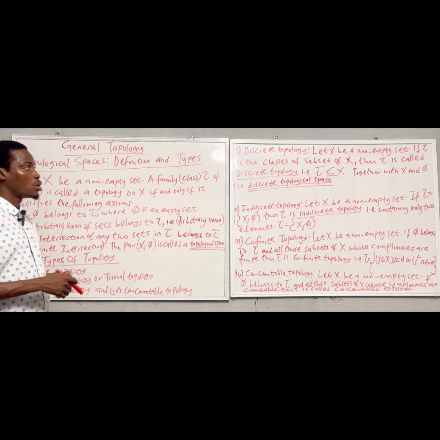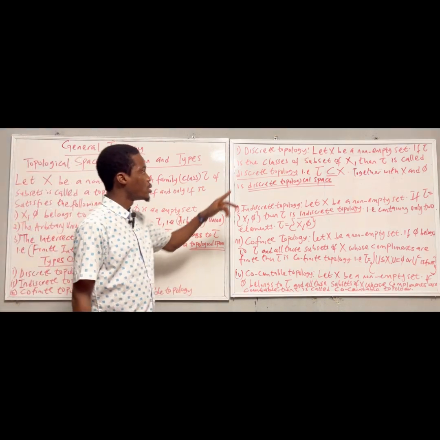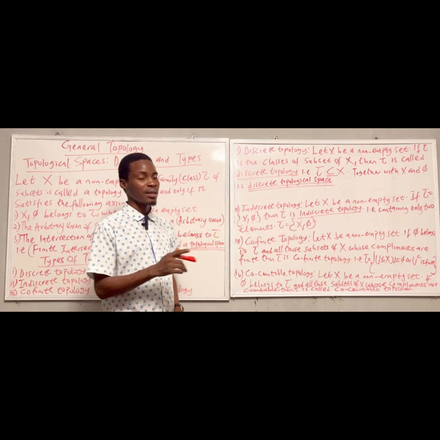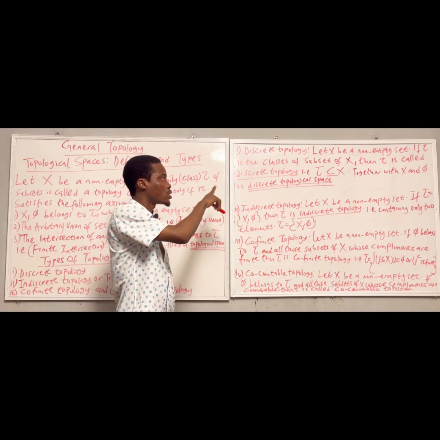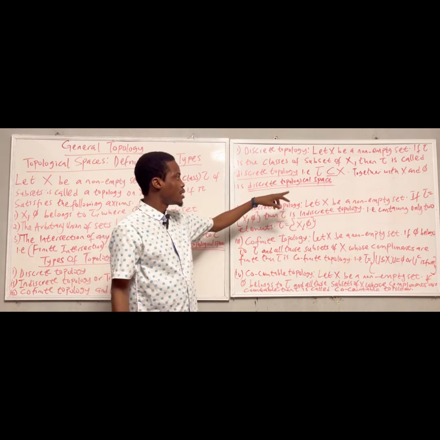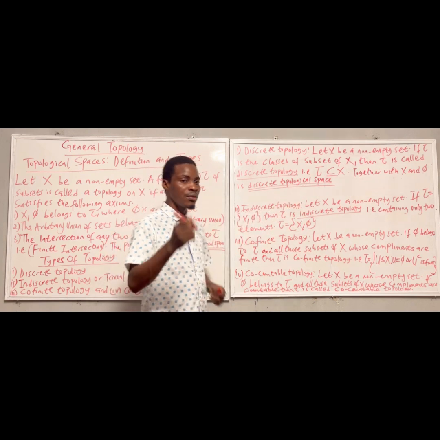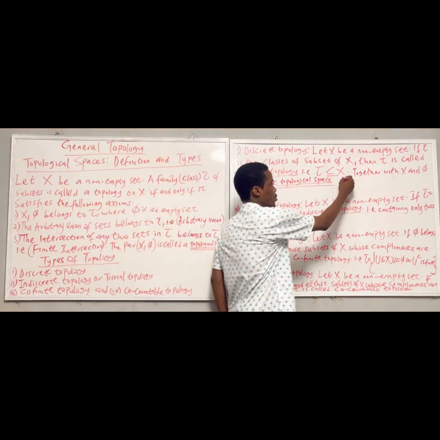So we have discrete topology, we have indiscrete topology or trivial topology, we have cofinite topology and co-countable topology. When we talk about discrete topology, let X be a non-empty set. If Top is the class of all subsets of X, then Top is called the discrete topology. Given that if you have X,